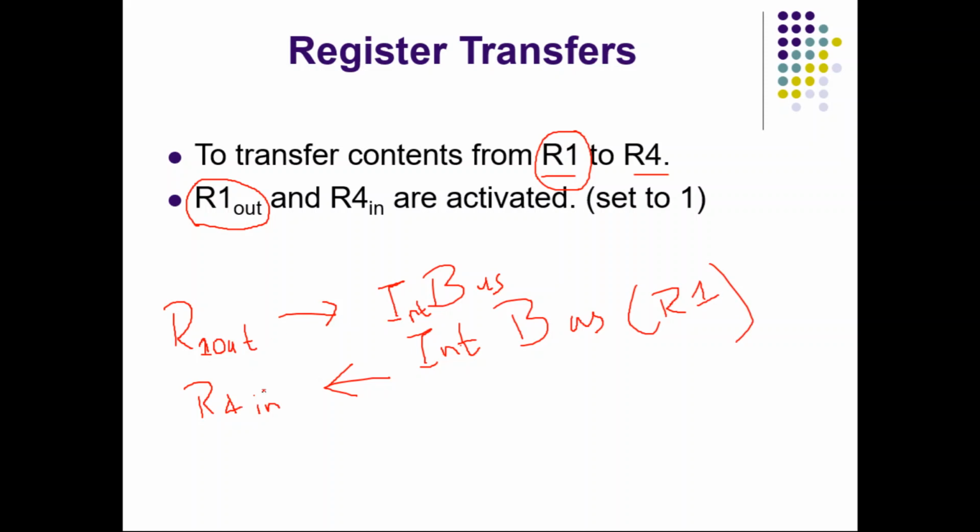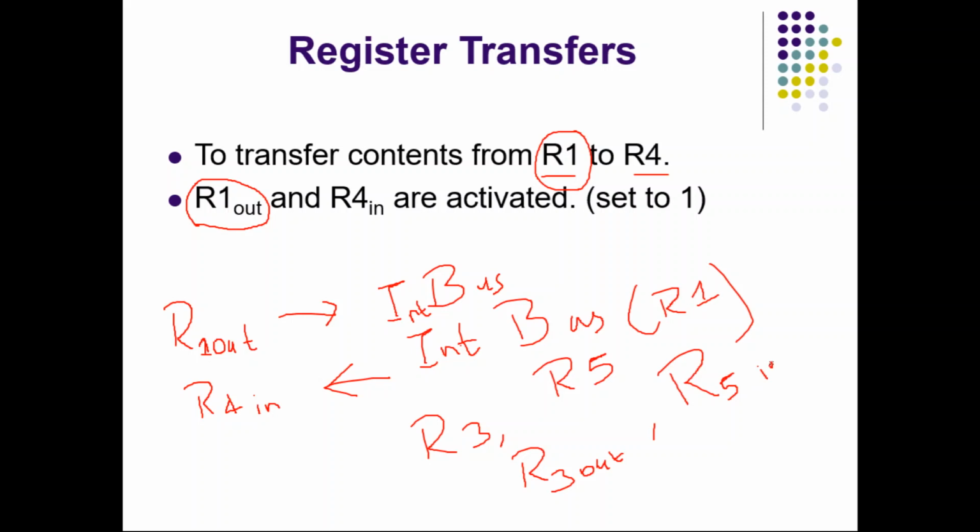Okay, so how will you move the content of R3 to R5? If I want to move the content of R3 to R5, what will you do? Again it is the same: R3 out. R3 out means the content of R3 will be moved to the internal bus, and then perform R5 in. That is, whatever is in the internal bus will be moved to R5.